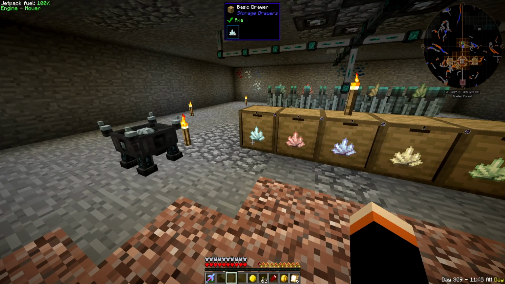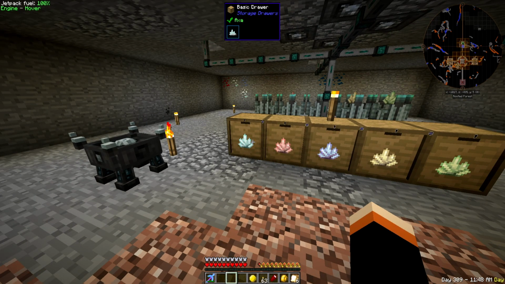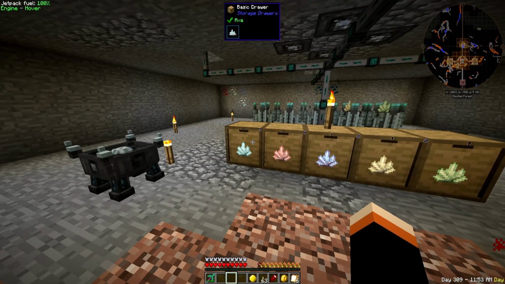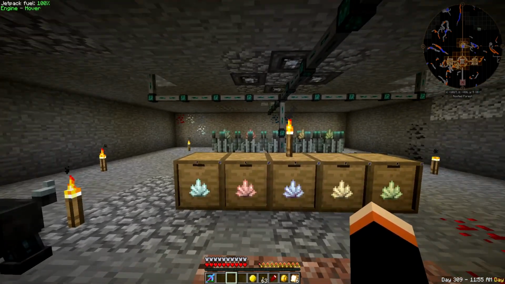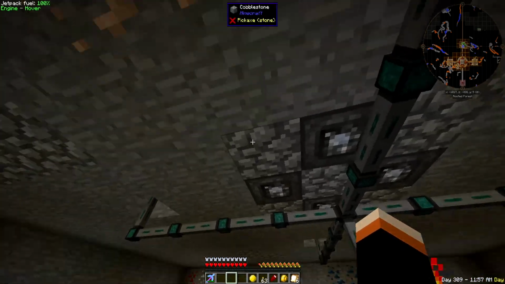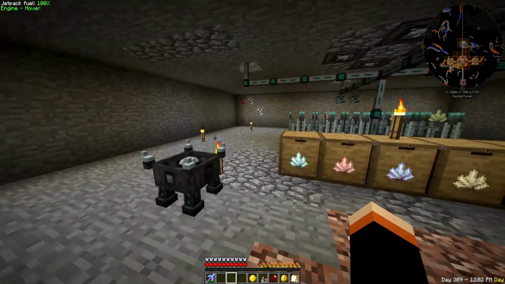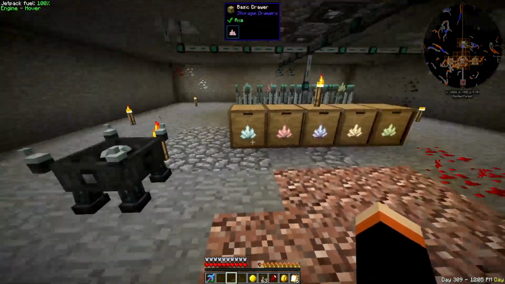Anyway, yes, you would also need a Tartaric gem with a lot of will in it. You would stick that in a demon crucible to fill the chunk with raw will. The crystallizer will then slowly...